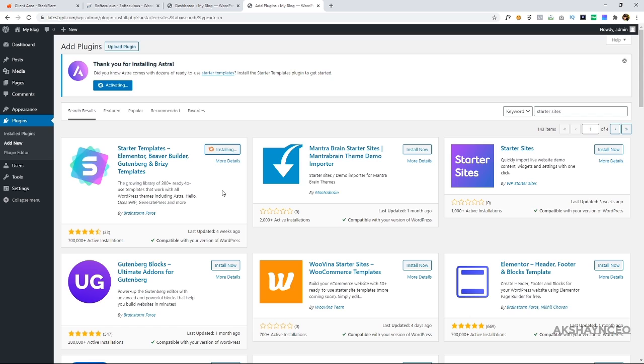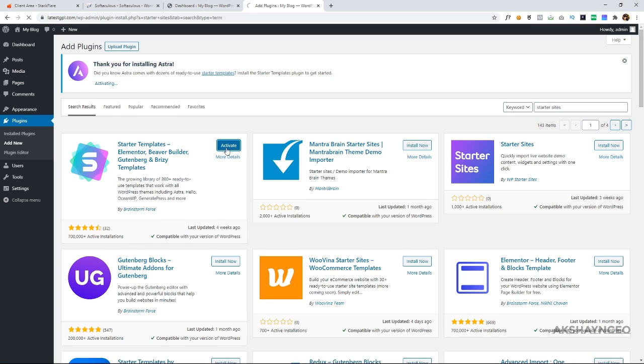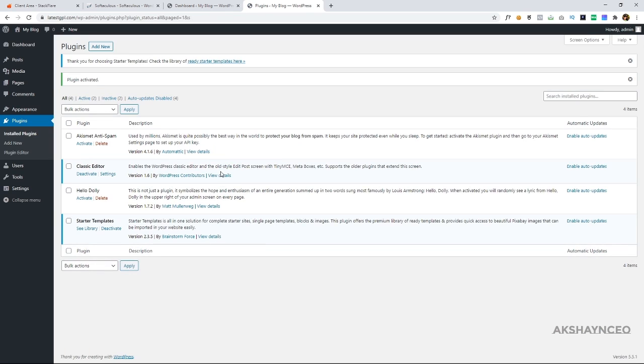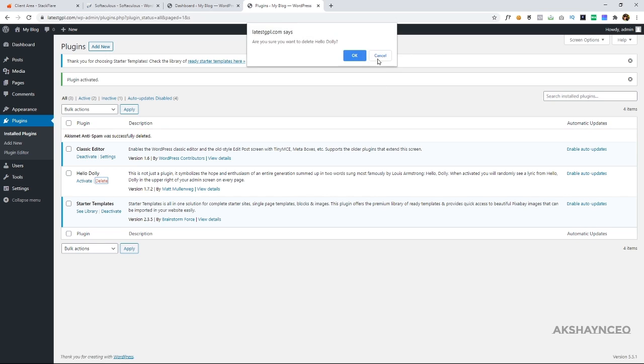So click on install to install the plugin and click on activate after it shows the message, and the plugin will be activated. You can delete the other two plugins: click on delete, OK, delete, OK.